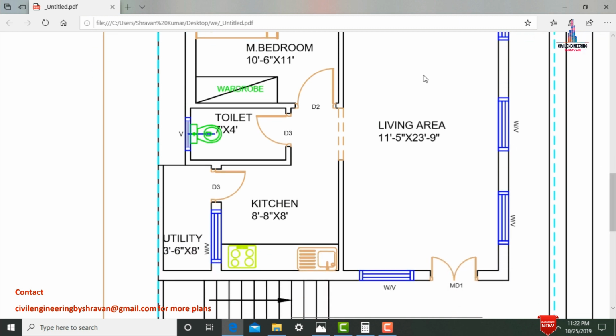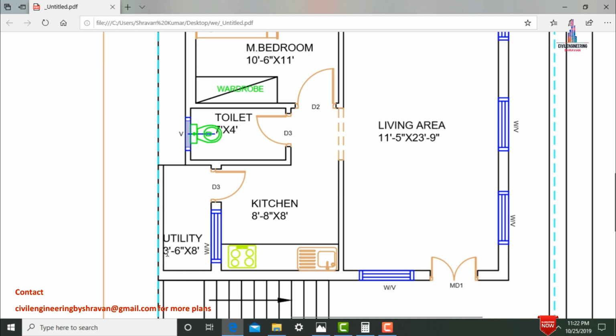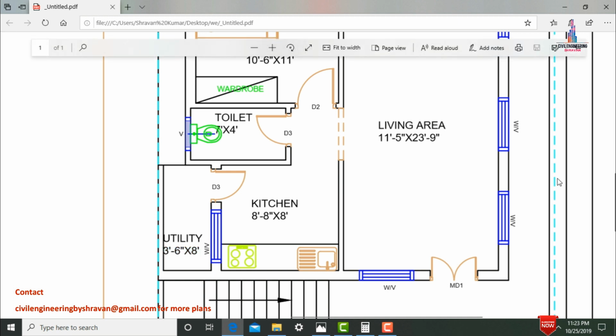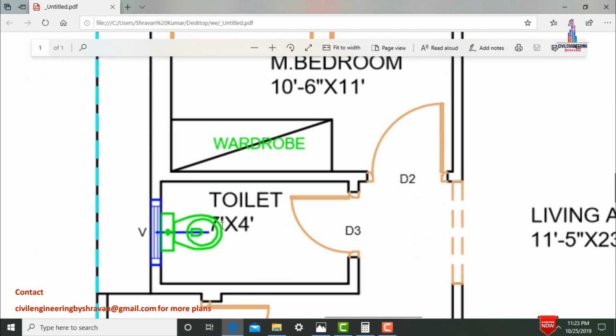So through the opening for this respective house we are entering into the kitchen portion, which is consisting of 8 feet 8 inches in x direction distance as well as 8 inches in vertical direction distance. For this respective plan it will be consisting of utility here in south facing direction. It will be consisting of 3 feet 6 inches in x direction distance and 8 feet in vertical direction distance. So this is the wash area for this respective portion. It will be consisting of 7 feet in x direction distance as well as 4 feet in vertical direction distance.